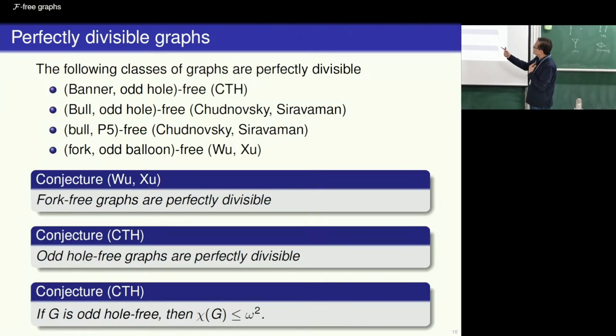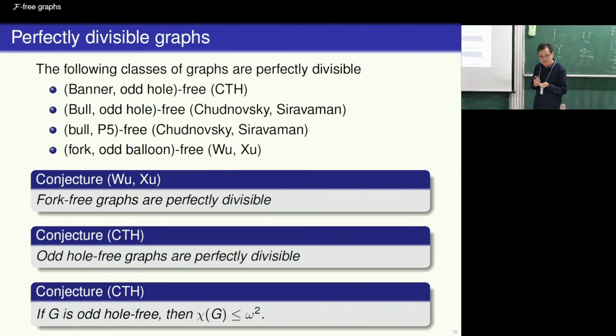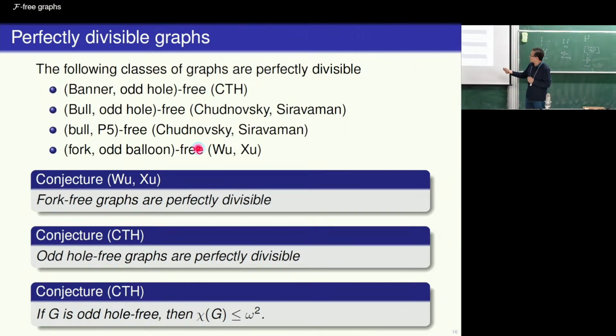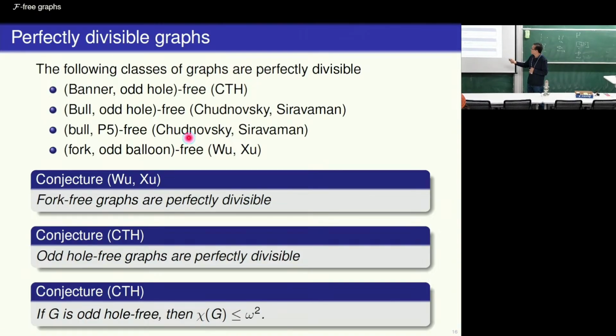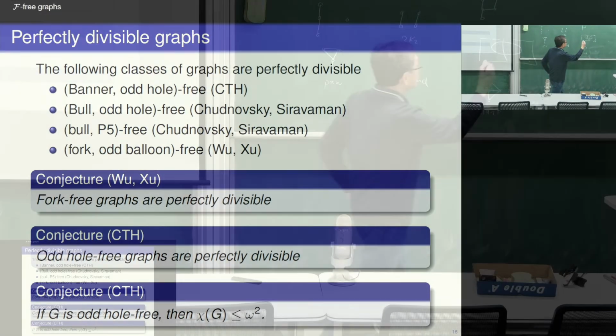So most of the classes that I mentioned before are not only 2-divisible, but they are perfectly divisible. Right? Okay, so these are the reasons. I won't define these classes, but there are people who have worked on this. I think the interesting result here is by Wu and Xu. So they proved that fork and odd balloon free graphs are perfectly divisible, where a fork is